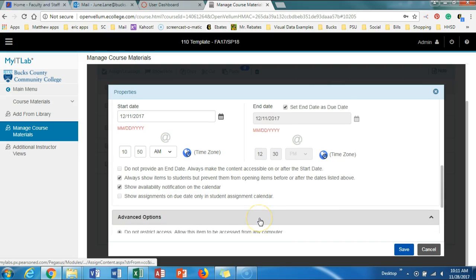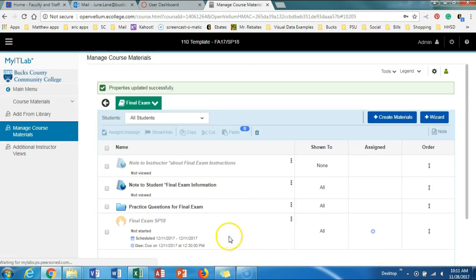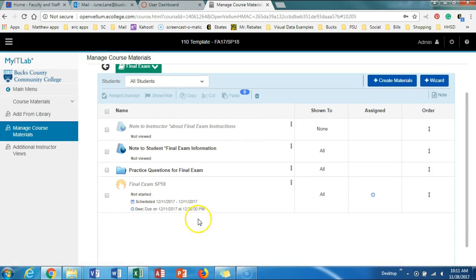Next thing I want to do is under my advanced options, I want to put in a password. That depends on what you would like to put in here. I'm going to go ahead and say show password. So I'm going to call this Final 2017. You can call it whatever you like. And when I hit the save option, I will now see that the final exam link is